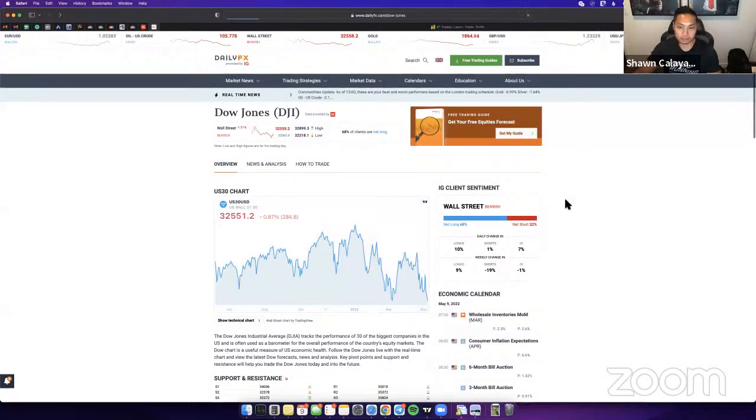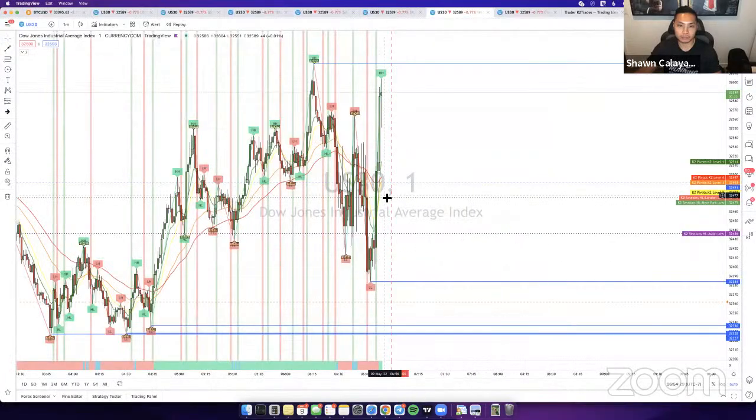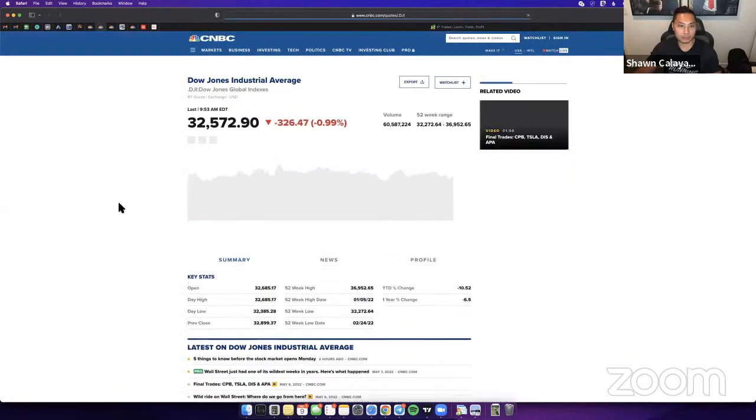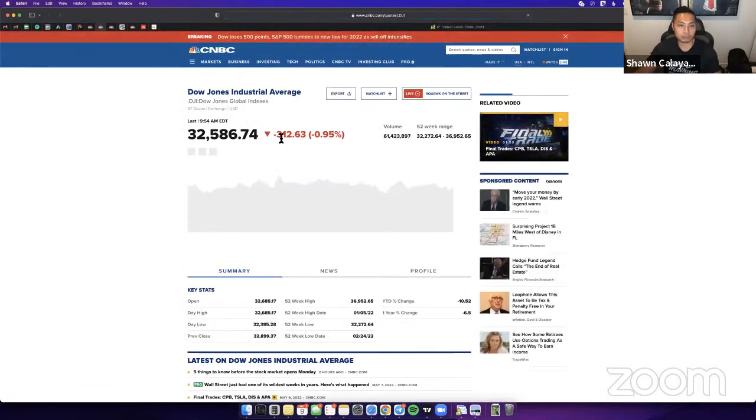Looking over here at retail sentiment, it looks like they're stacking up some more buyers, right? It's currently 68% net long. So I think they're just pumping it up before they dump it right back down. So right here, 68% long. We don't want to trade with everybody else. We want to do the opposite. So we're taking sells. Looking over here, the fundamentals are currently still down 312 points.